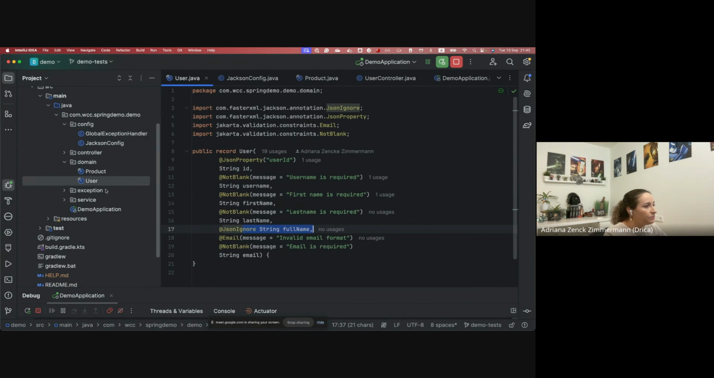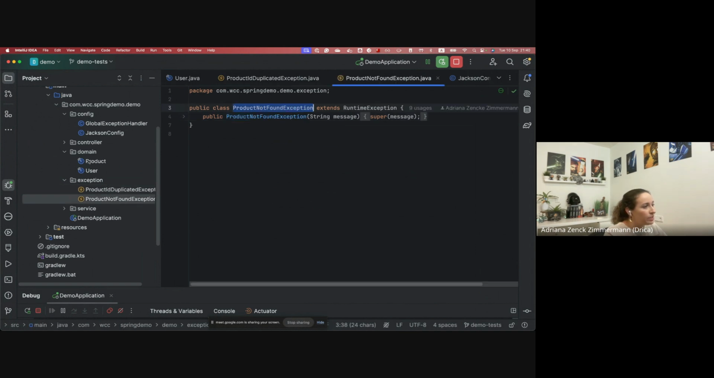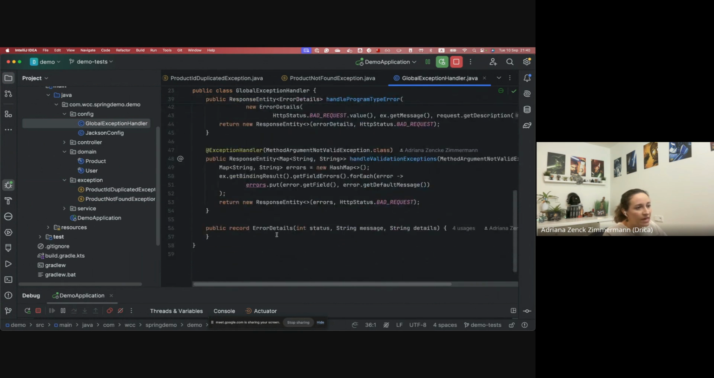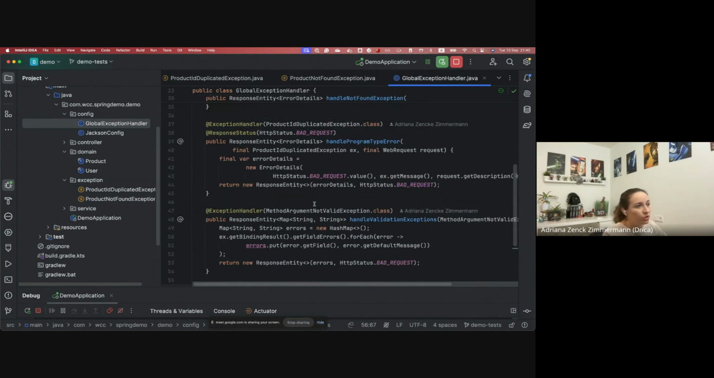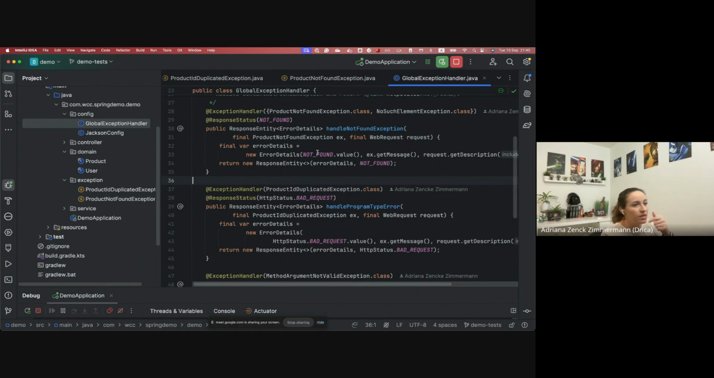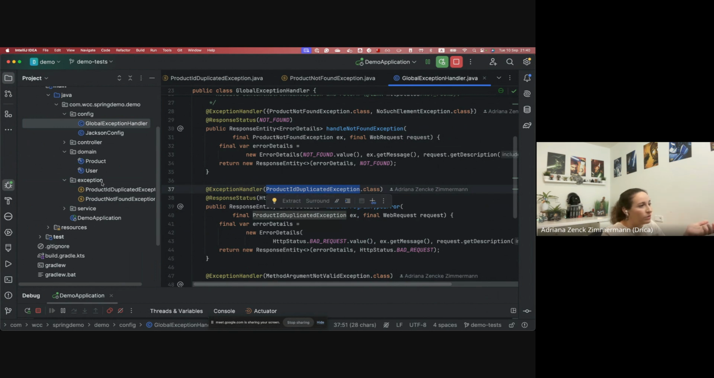Let me see, exception. So I created this duplicated exception, and when we are in the global exception handler, we have it here. In this case, we have the error detail, which has a status, message, and details. And for all cases, we have it here. For this first example, what I wanted to show is you have a not found exception, but you could have an internal error exception. In this case, for example, I'm looking for a product, let me show the